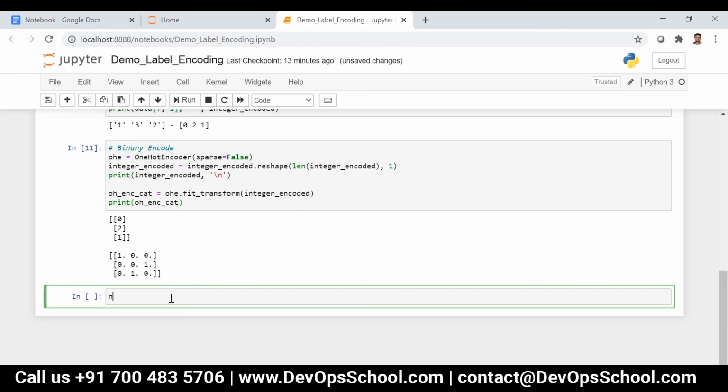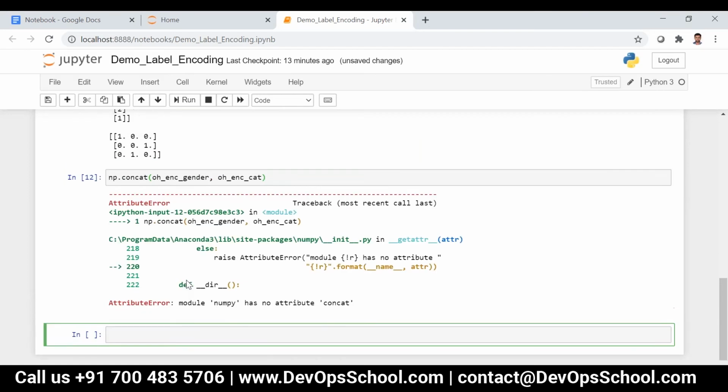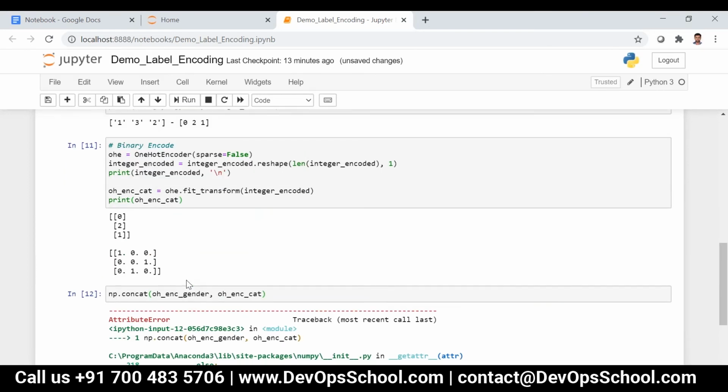That is, I can say np dot concatenate, OH ENC gender, comma OH ENC cat. So concatenate, R underscore, C underscore or R underscore will be there.